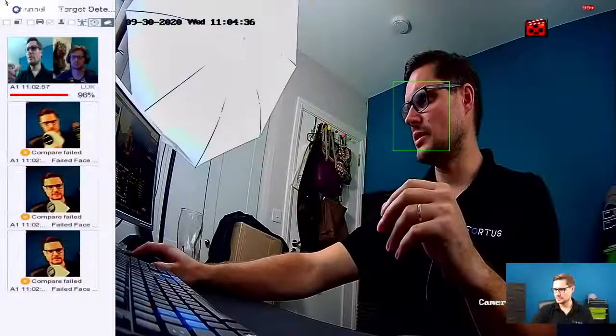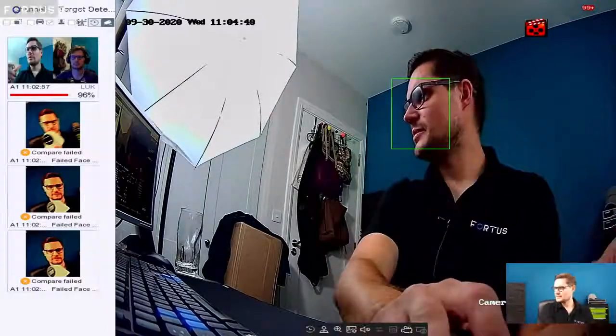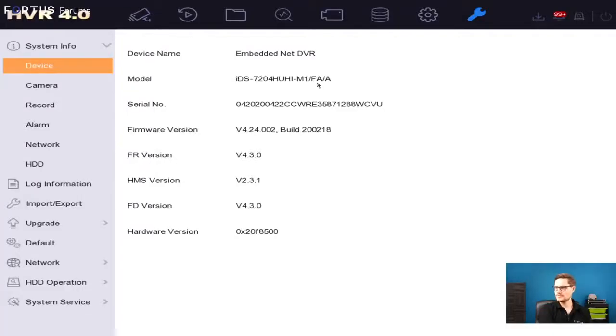So let me move on to the screen of the actual recorder. The local GUI of this recorder looks exactly like the one that you will find on the NI series, for example, the NVRs. So let me go to my recorder. Like you see, this is the model number of the recorder. I hope you can see it nicely. It's a 7204